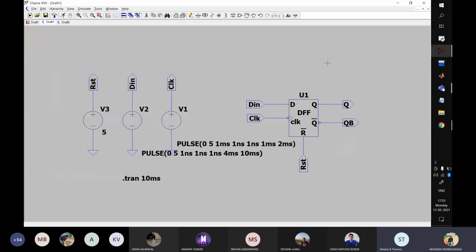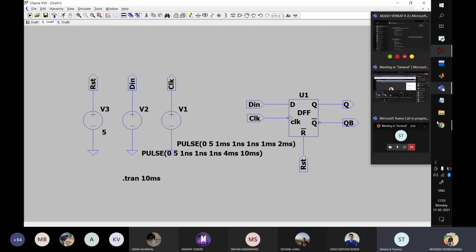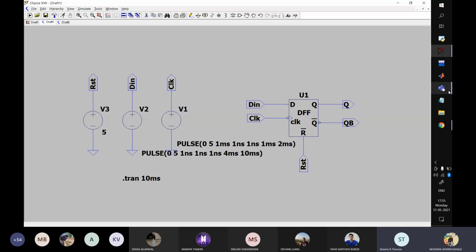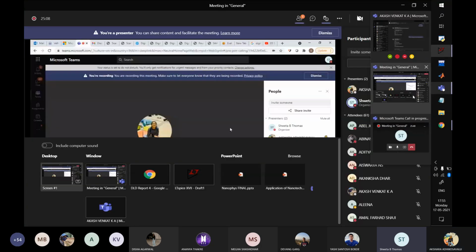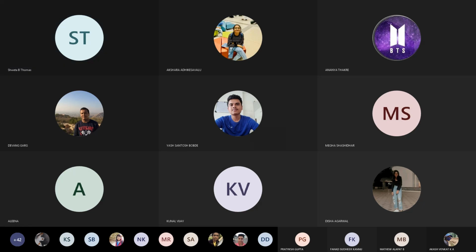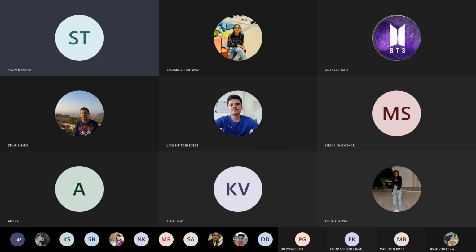Ah, I think you have taken the same one. Yes, ma'am, this is the same. Yeah, this is correct. I think you have followed the same one that I have taken. Oh, you can do one thing. I'm telling each and every one of you what value of voltage has been taken. It is not compulsory to keep the same value. You change the value of voltage and check the other values also.